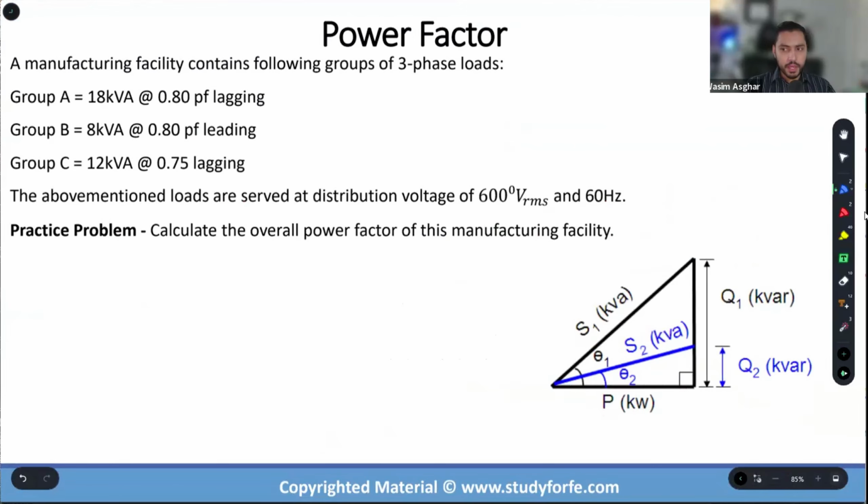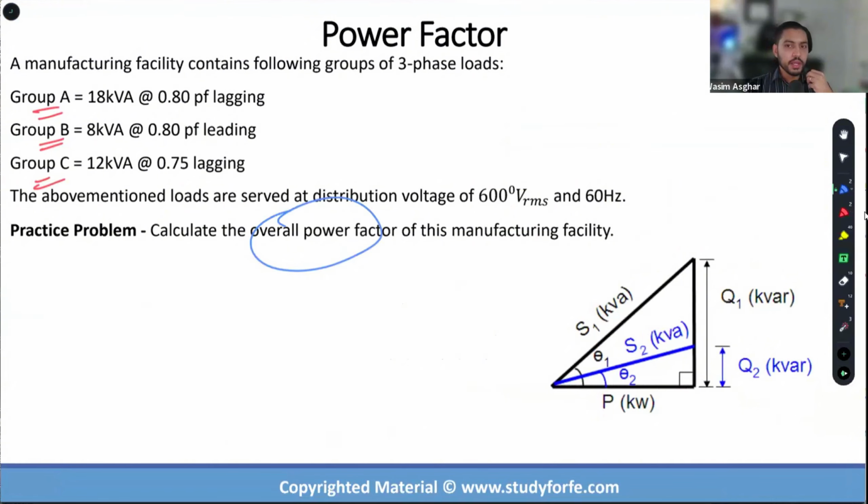Practice problem. In here, I have three groups of loads: group A, group B, and group C. And I'm asking you to figure out the overall power factor. What I advise my students in both FE electrical and PE power exam preparation is to use the decomposition and